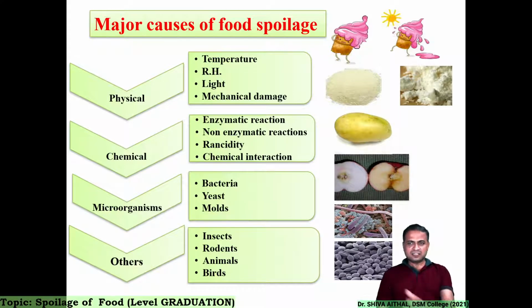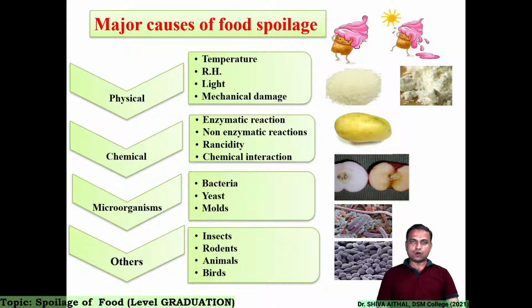Rancidity, one reaction I will be showing you in a further slide. Chemical interactions of various groups and compounds result in a newer compound which may be responsible for spoilage. Microorganisms like bacteria, yeast and molds grow in the food and are responsible for n number of physico-chemical, or I can say physico-chemico-biological, changes which I will be explaining, and others not covered here because this is a microbiology class, but nevertheless very significant and important.